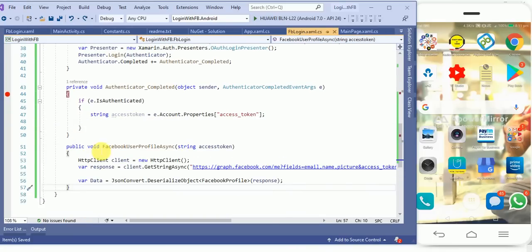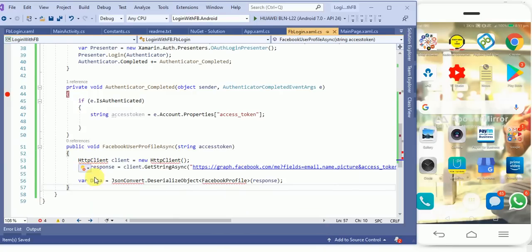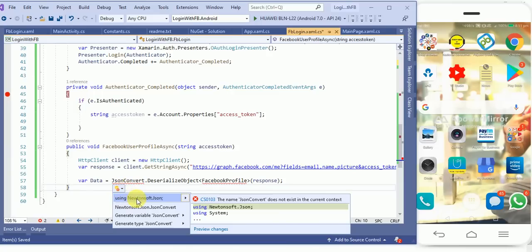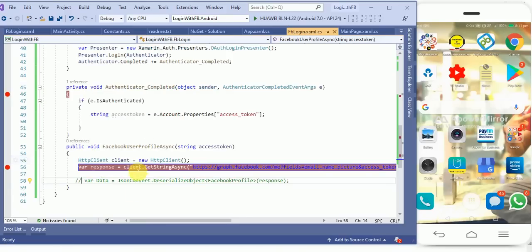We can paste over here and put the namespace HttpClient and JsonConvert. You have to update the NuGet Newtonsoft.Json. Okay, and this is a Facebook profile, so I'll just comment it out. I want to check the response only. Okay, and this method we will call over here,